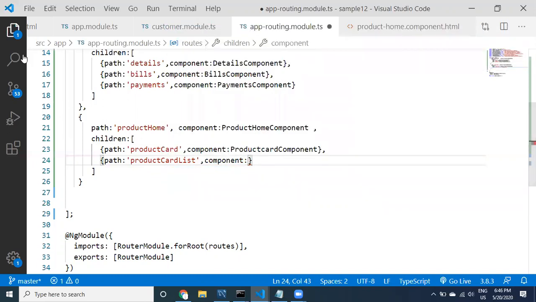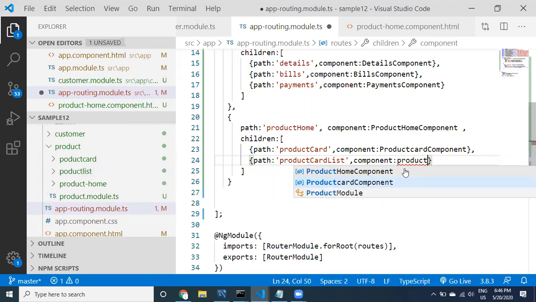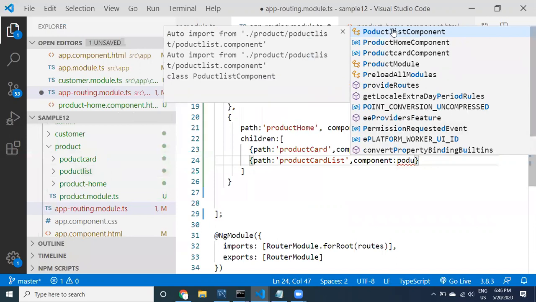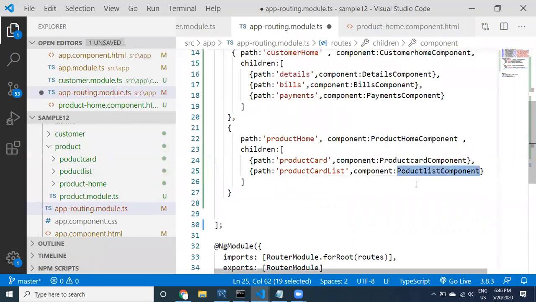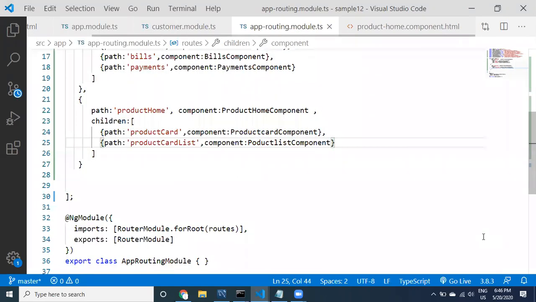What is the component class? We have product list. There is a spelling mistake here also. I have just taken it as it is. We have to correct the spelling name, we can do it later. See here guys, I have provided the mapping information.